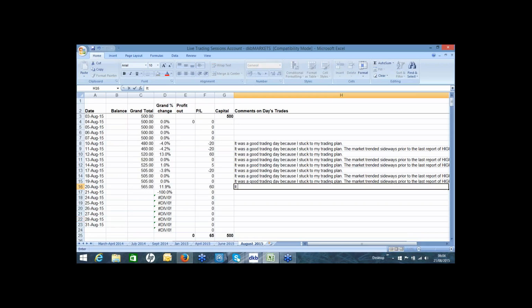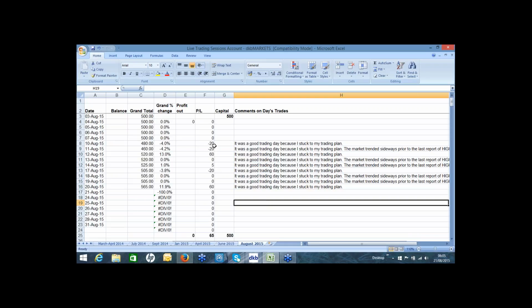Again, it was a good trading day, not because we made money, but because we stuck to the plan. And again, you can see the importance of this, even when we were having losses, especially for those who are new to trading. When we had the losses, we still said it was a good trading day because we stuck to the plan, because it's sticking to your plan and being disciplined that will get you through trading successfully,